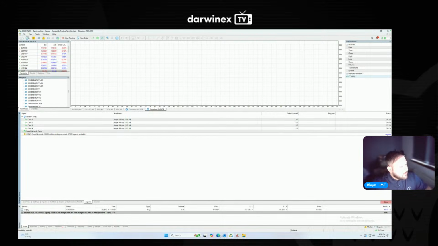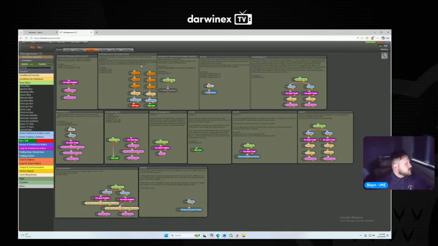So let's have a quick look back over some of these things. This management here is very basic. When we're at 2R, we're moving the stop loss to 1R, and then we're just going to let the rest of the trade play. It's one of those where you either get a small win, small loss, or a big win. Whereas with some of these ones, it can be a complete mixed bag of what you get. Like turtle management, you could have tiny wins.